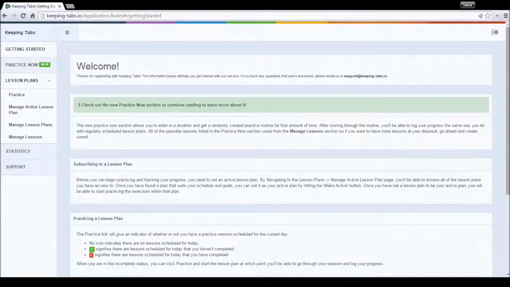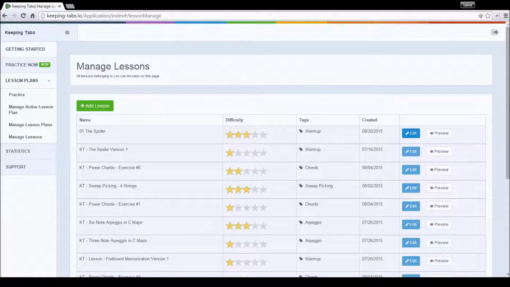Keeping Tabs is changing this by giving you all the tools you need to set up practice routines, run through your routine using our on-screen tools, and track your statistics over time to help you streamline your practice routine and give you results quickly. The first step in setting up a practice routine is creating the lessons you want to